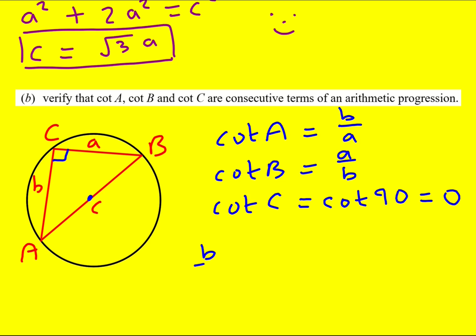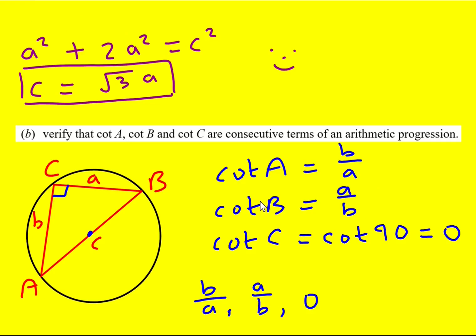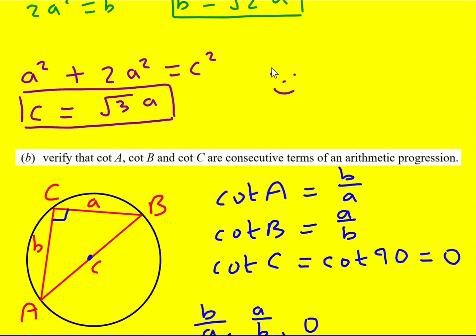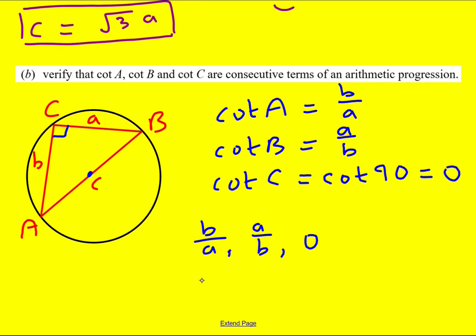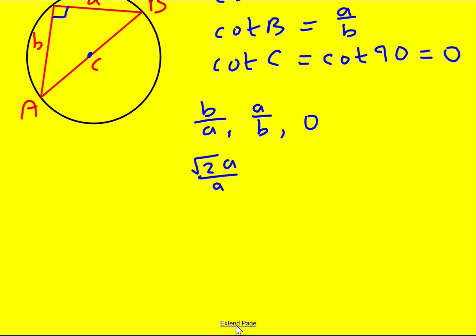We're going to get b over a, a over b, and 0. But we've worked out that b is actually root 2 a, the a's cancel,